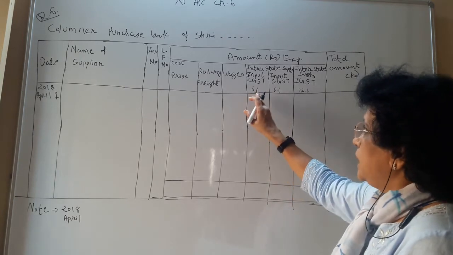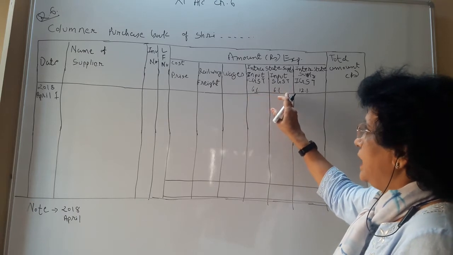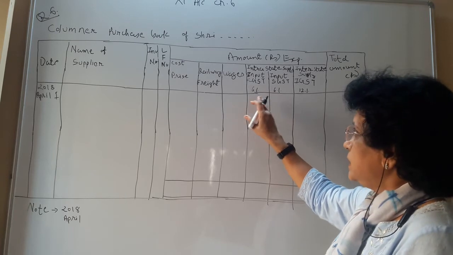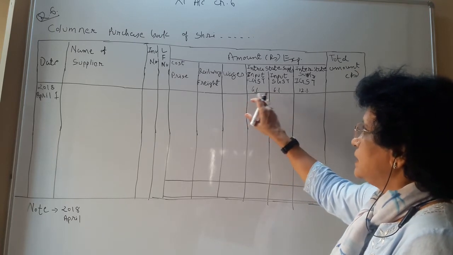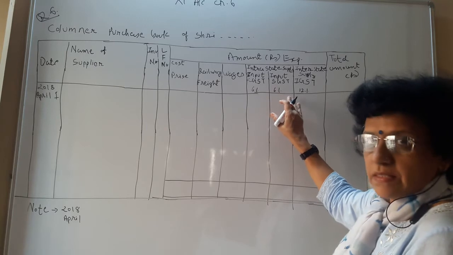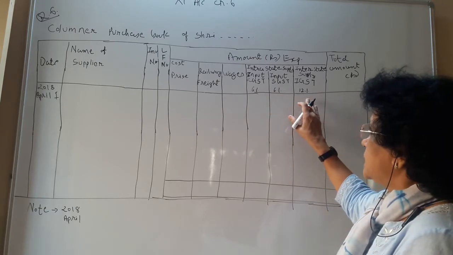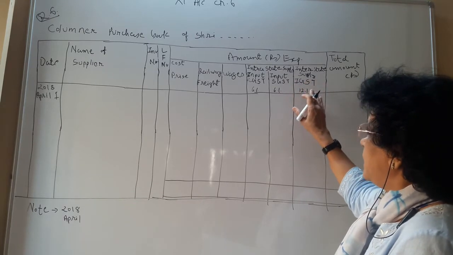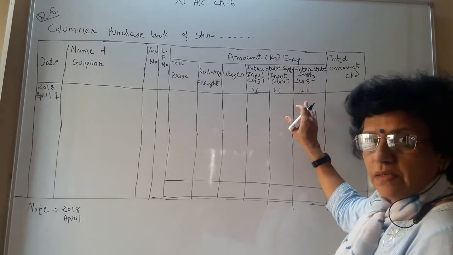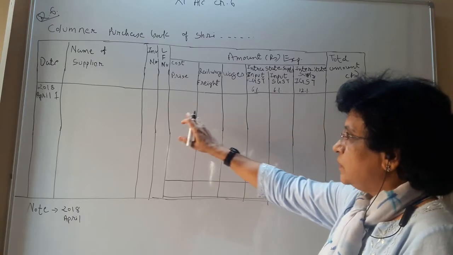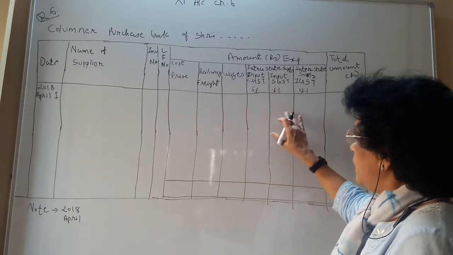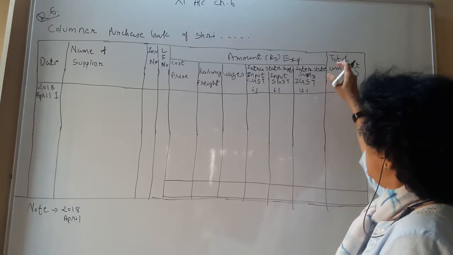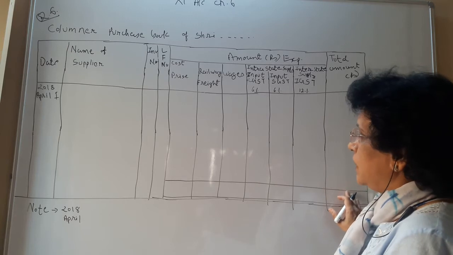book. So when we have the intra-state supply, that is within the state if we purchase the goods, we have the GST rate 6%, that is CGST and SGST. And when we are purchasing product from outside the state, that is the interstate supply, IGST calculation at 12% is to be done. So all these columns, what are the concern to the transaction? The total will be recorded in the total amount column.